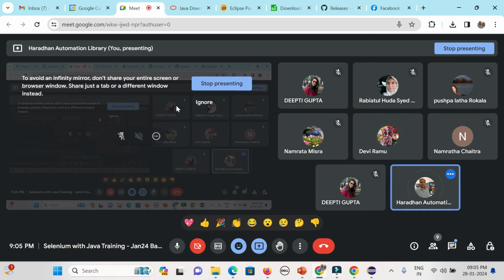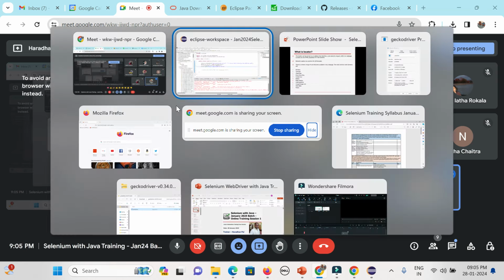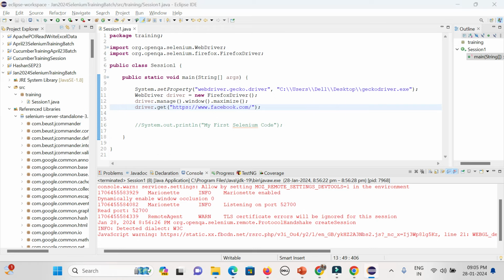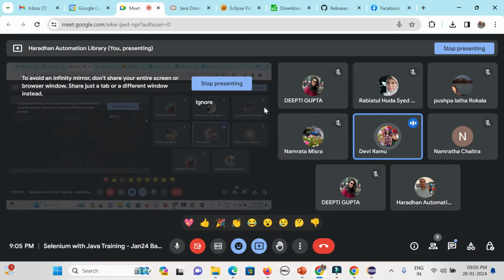Yes, because those are coming from the jar file and from the relevant packages, right? The jar file consists of a lot of packages. In the packages, a lot of classes and interfaces will be there. In the classes and interfaces, a lot of methods will be there. That is the hierarchy.